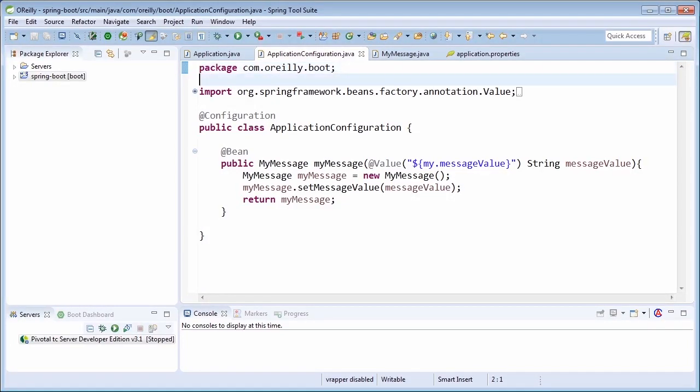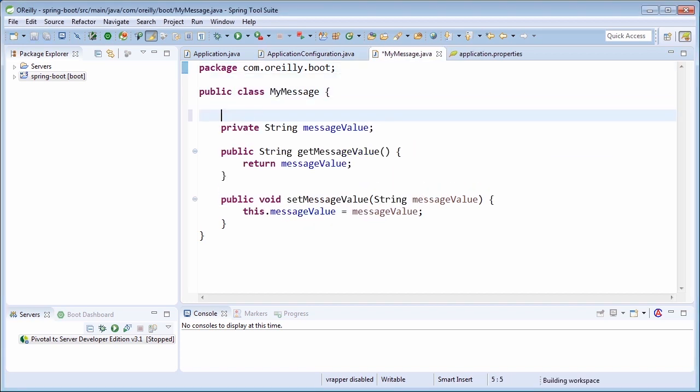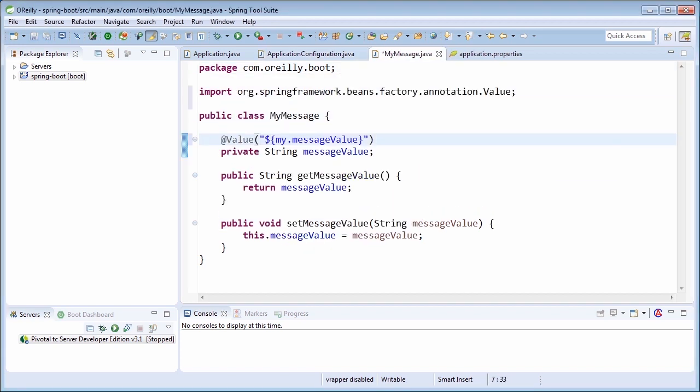When working with Spring, we're able to use the value annotation to inject properties from our external configuration files. So for example, here we are using the value annotation on a method argument, and we could also use this on one of our fields within a particular class. In this lesson, we're going to take a look at another approach that allows us to inject properties from our